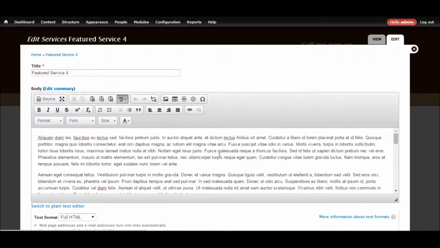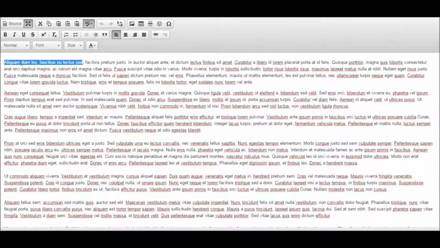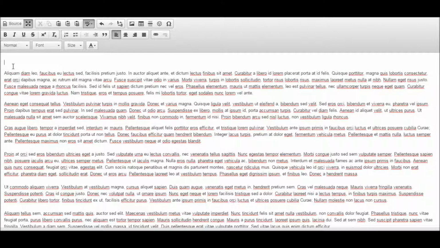Okay, so if we click this button, we can go full screen. So this is just what we're going to do. We're going to pretend that some of these are our keywords. So I'm going to copy that. One of the things that we can do is we can make headings. So if I just paste that in there, highlight it,